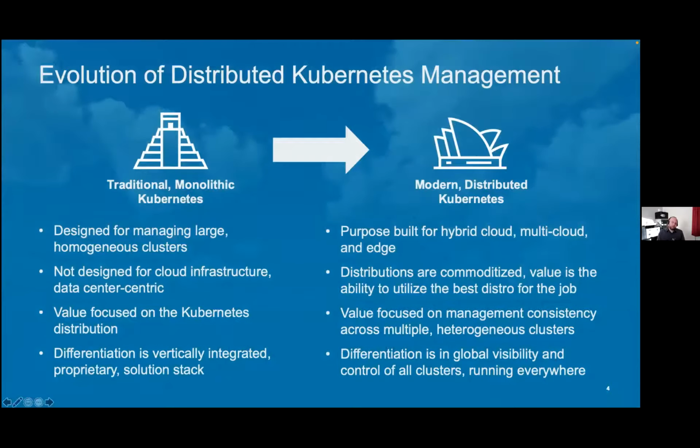When organizations first started deploying Kubernetes, I was there back in 2014, 2015. Early adopters began deploying Kubernetes in the same way that they had their traditional infrastructure. They would build large monolithic clusters, but they quickly learned from those experiences. They learned that it can be quite hard to scale when you have these huge clusters. It can be quite hard to adapt your Kubernetes infrastructure if you have monolithic large clusters.